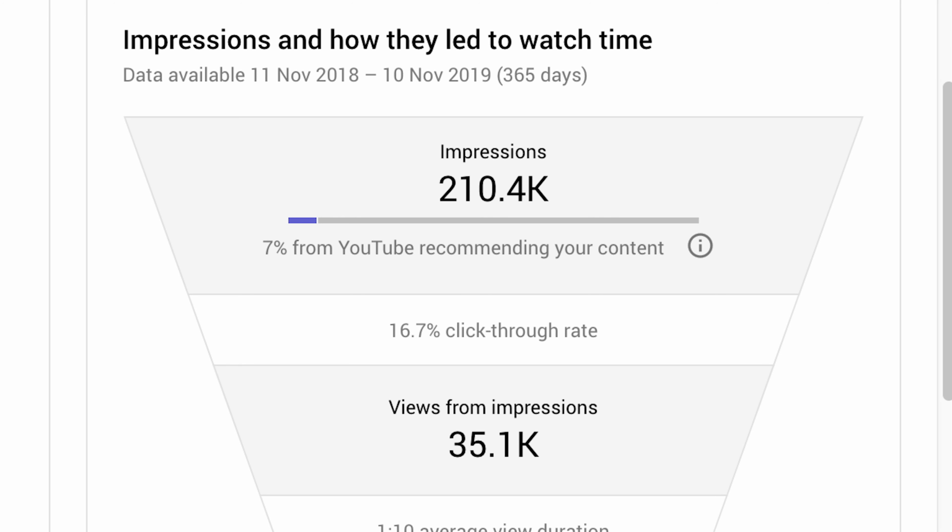As we know, click-through rates are very important for YouTube. When they show your thumbnail on the app or on desktop, the amount of times that people click through on that is the click-through rate. So it's the amount of times that people click on it divided by the times that it is shown, or impressions. So having a high click-through rate on your thumbnails is very important for your success on YouTube.